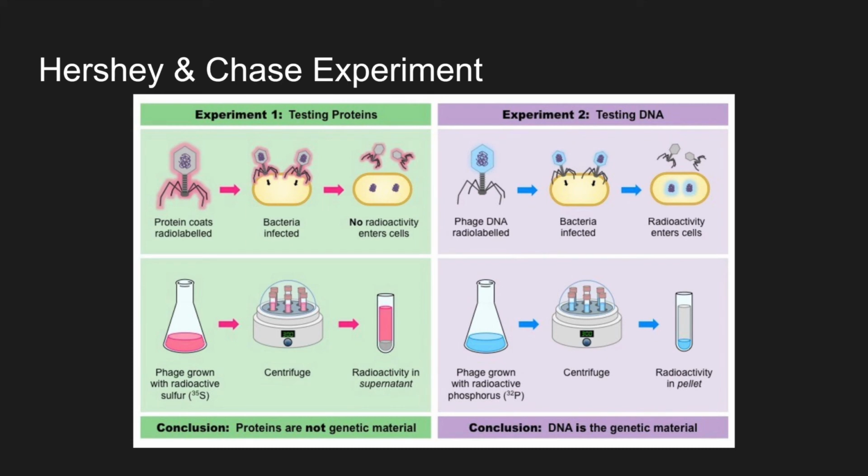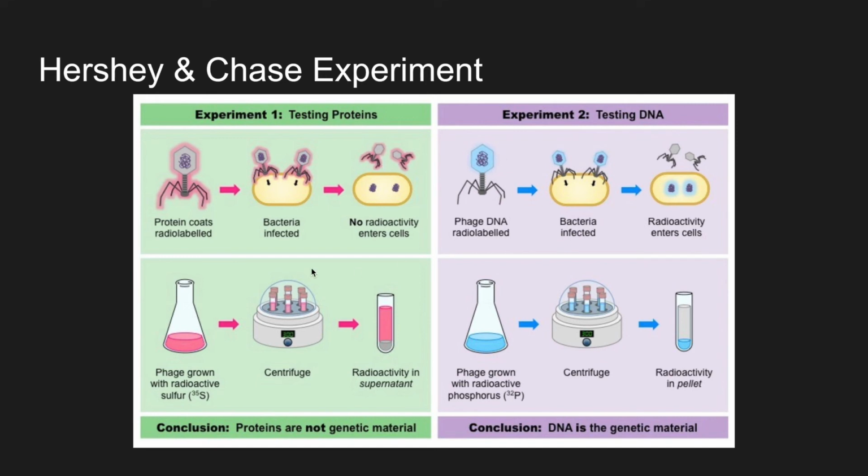And then Hershey and Chase's experiment, again, the purpose was to identify DNA as the genetic material. So what they did is they used radioactive isotopes to label the different components of a virus, right? So these are little virus dudes. I think they look kind of cool, like little aliens, right? And they labeled the proteins with one radioactive isotope, and they labeled the DNA inside the head with another radioactive isotope,